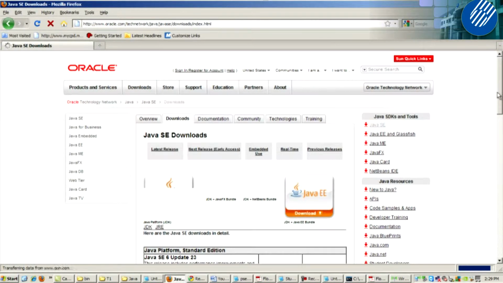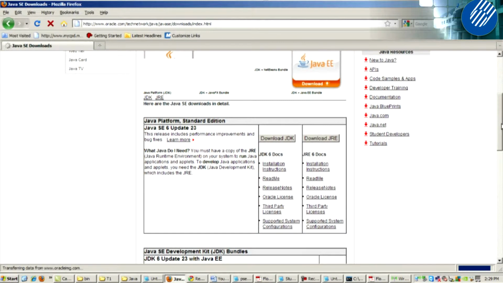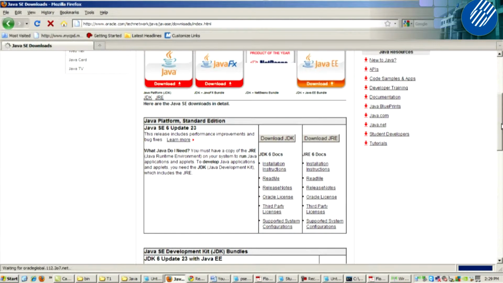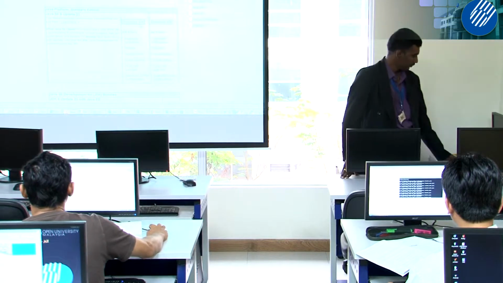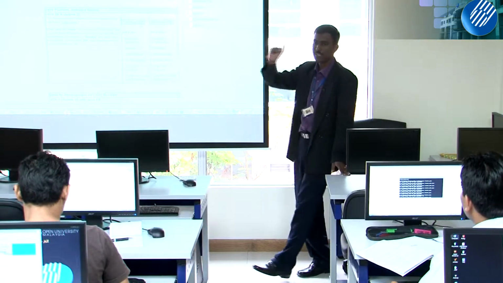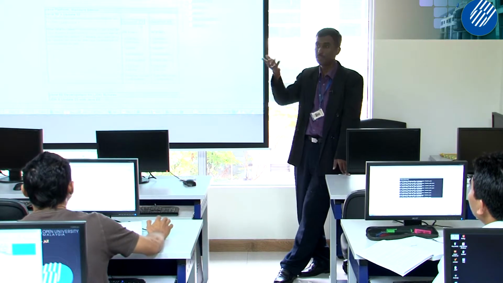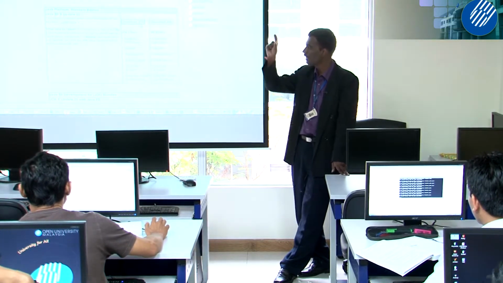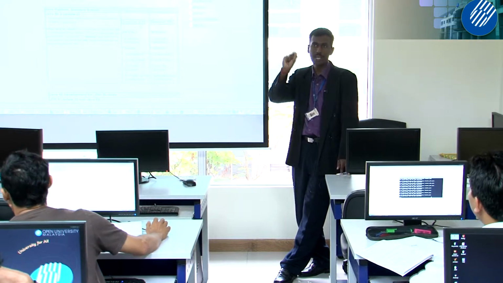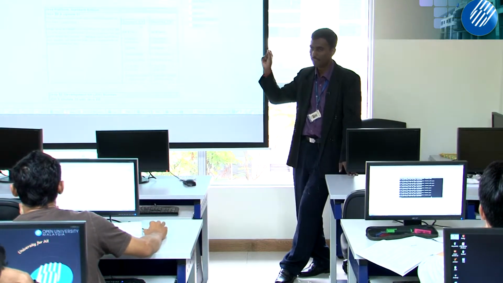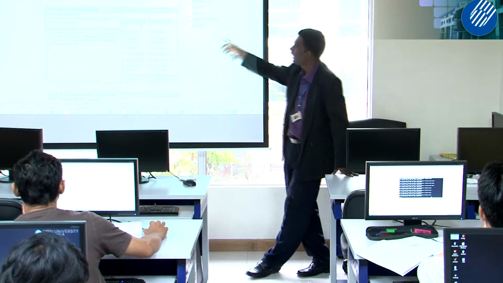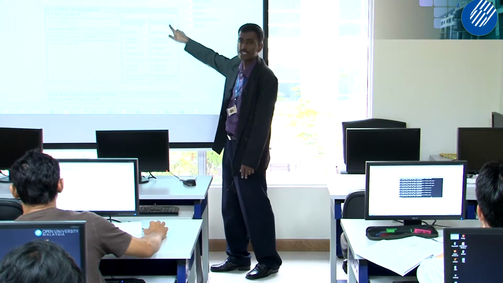Okay. After this, you just click this one. Download JDK. Click this. The file will be downloaded into your desktop. Then download JRE. I show you. If you click download JDK, you need to mention Windows, because you're using Windows, right? Just click Windows. Then you need to tick that you agree to their license agreement, and then you can download. After that, you do the same process to download JRE.